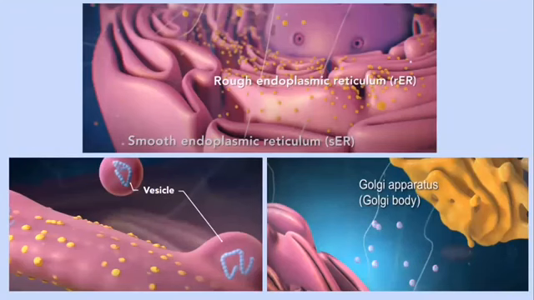Endoplasmic reticulum is a membrane-enclosed passageway. It helps in transporting materials such as proteins synthesized by ribosomes. So there are two types of endoplasmic reticulum: rough endoplasmic reticulum and smooth endoplasmic reticulum. If the ribosome is attached to the surface of the endoplasmic reticulum, it is known as rough or RER endoplasmic reticulum, and if it is not attached, that part is known as smooth endoplasmic reticulum. Other proteins and materials emerge from the endoplasmic reticulum as small vesicles and go to the Golgi bodies or Golgi apparatus.